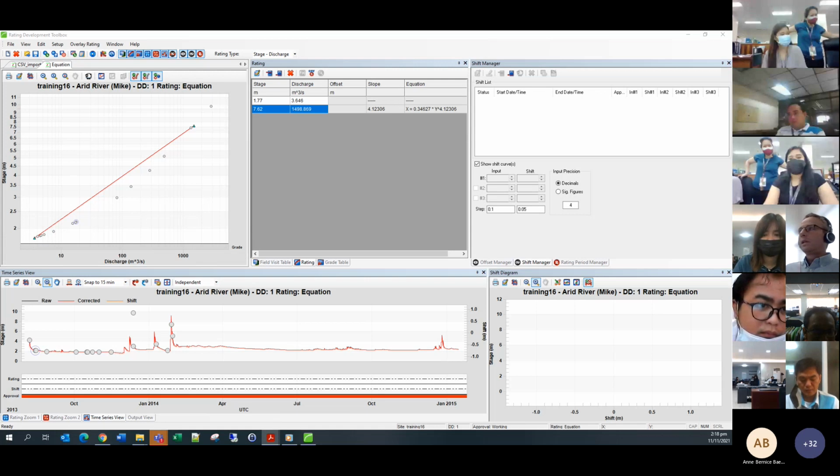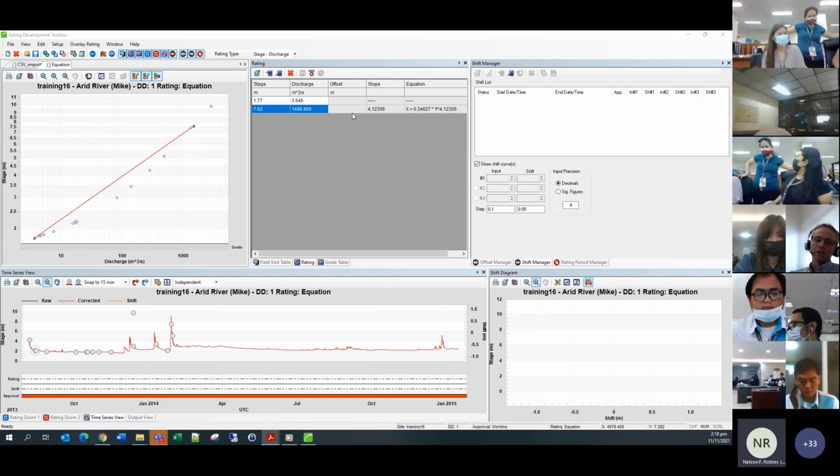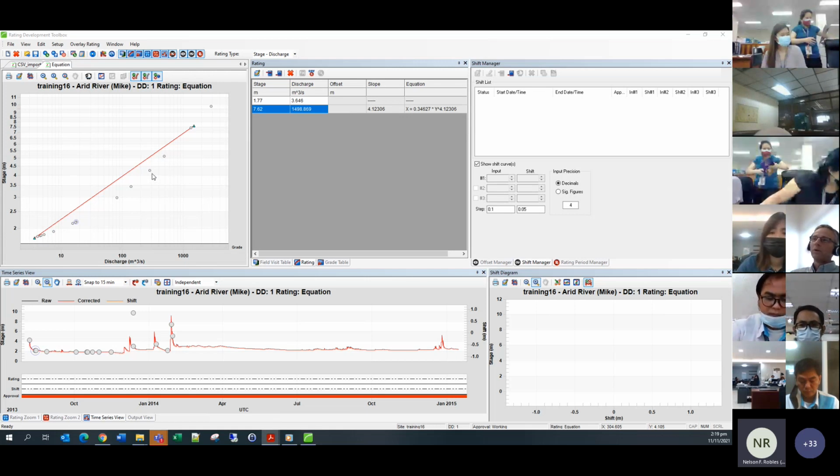And this is where, I guess, in the example, we start coming back to when we saw Evan's chart. We had that nice picture of the point of zero flow and the importance of getting that offset correct to make the rating not only a straight line in log space, but also go through your gaugings. And part of this problem is because we haven't got our offset